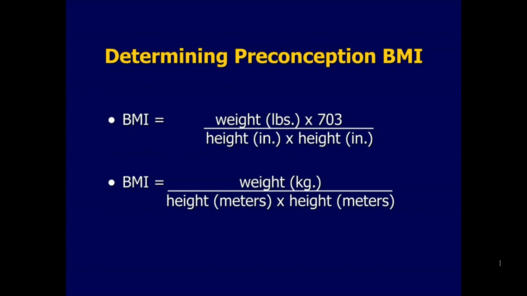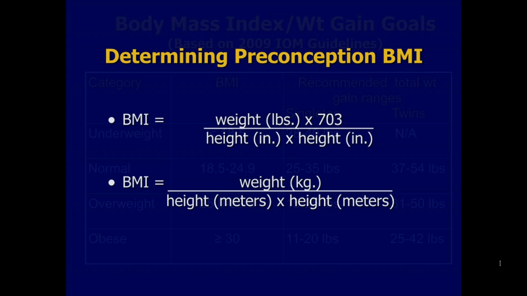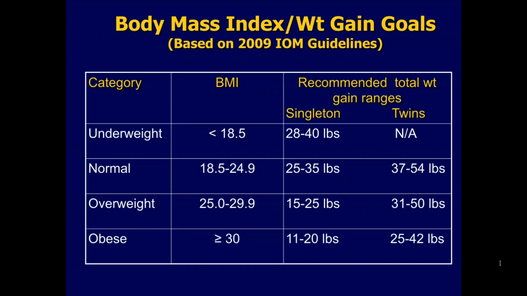So it's height squared. Or BMI could be weight in kilograms divided by height in meters times height in meters. That's height squared, so it's kind of self-explanatory. Now looking at the body mass index and the weight gain goals that are coming in from the 2009